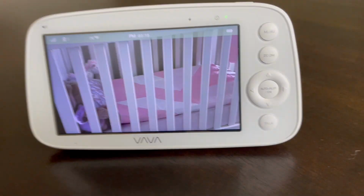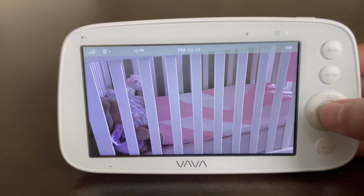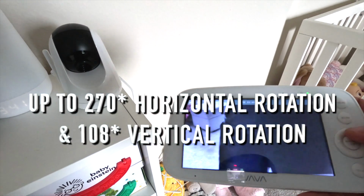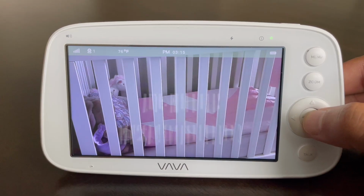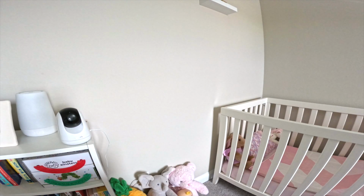You simply click the button and it will jump to the next zoom level. Next, there is an autopilot/OK button that is surrounded by your panning and tilting directional arrows. The camera can be rotated up to 270 degrees horizontally and up to 108 degrees vertically. If you hold down the autopilot button, it will engage the autopilot mode, which will automatically pan the camera around